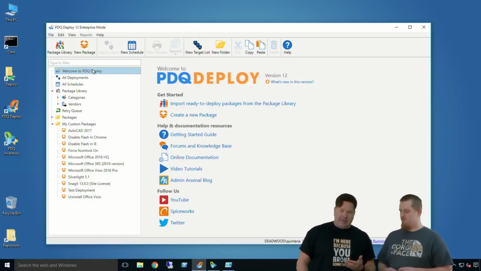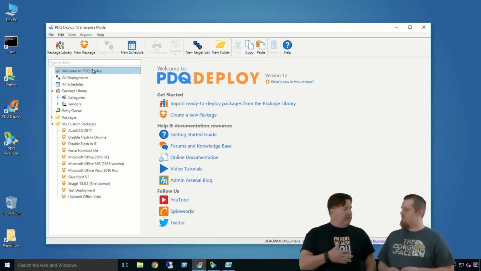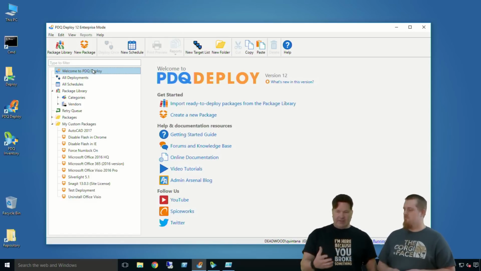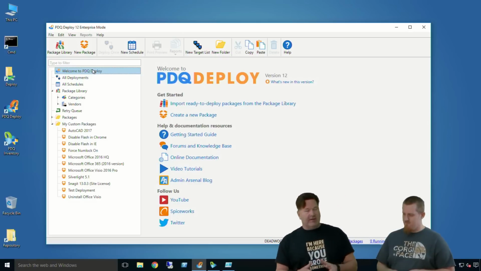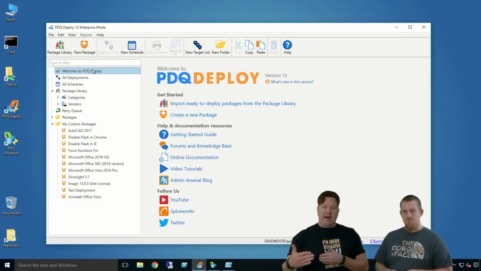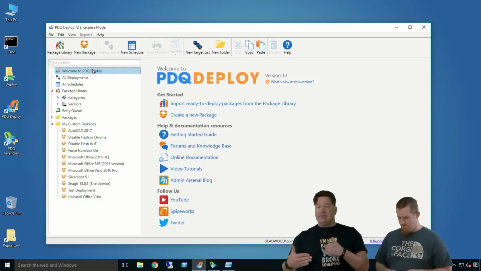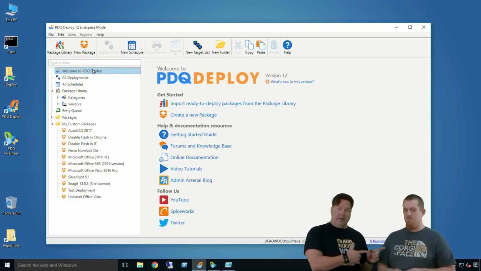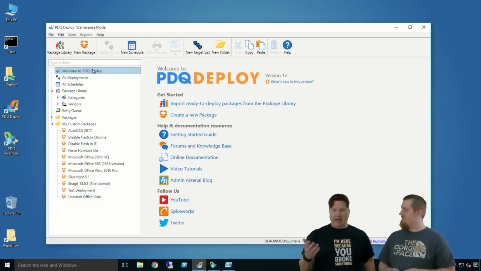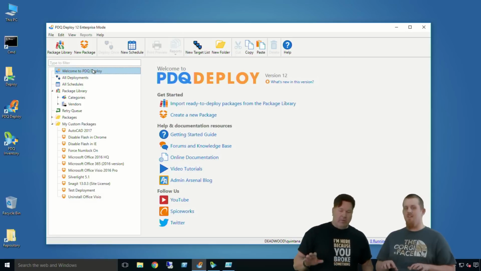I just want to throw this out there for you because there was a change made in 10 about credentials versus console user. Support guys asked me to just clarify this. We did this for security purposes. Let's say Chris and I both use the same machine. I'm an admin who can deploy stuff, and he can't. So I log in, I set my stuff up in PDQ Deploy, and you have a background user running with my credentials. When I log off, Chris can log in, and with that background user, if he were able to search and find it, he could actually deploy stuff.